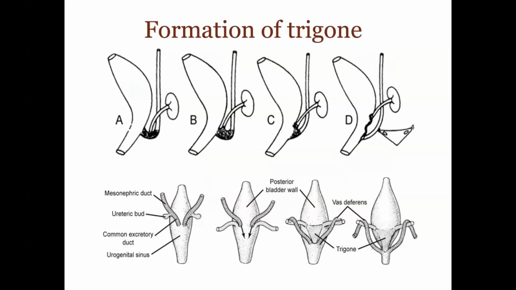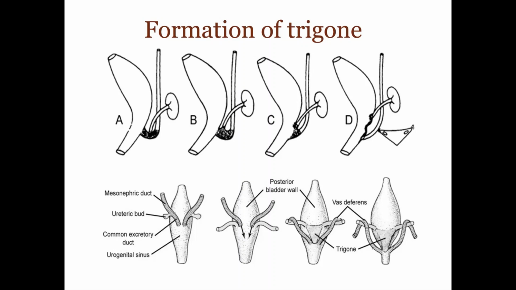The trigone forms because the bud spreads out and expands and forms the base of the bladder. And this becomes, I think, important, and we'll talk a little bit later about how the embryology of duplicated ureters, ureteroceles, and ectopic ureters form. So the mesonephric, the UG sinus absorbs the Wolffian duct distal to the ureteric bud, and that's what becomes the trigone. The ureteric bud's more cephalad and lateral, and then the Wolffian duct moves caudal and medially and becomes the